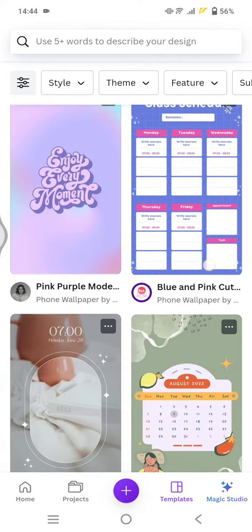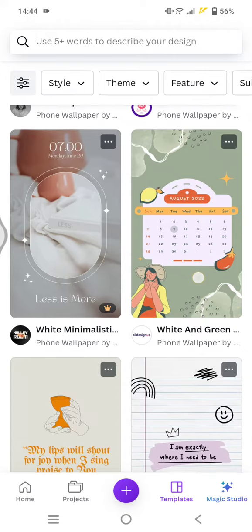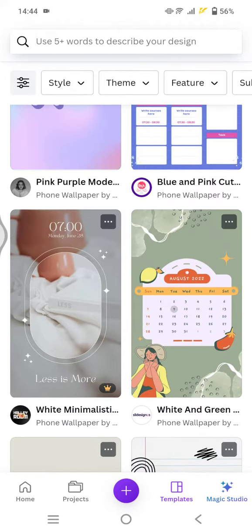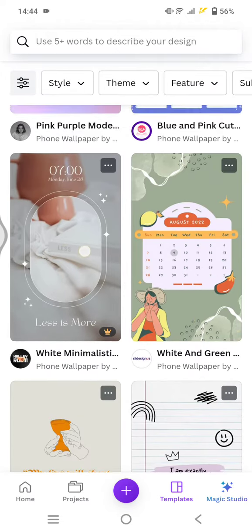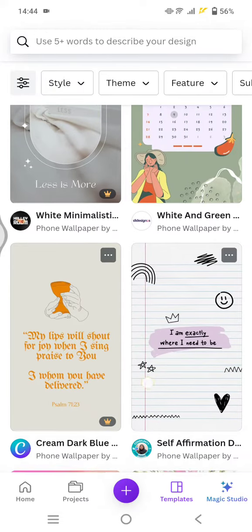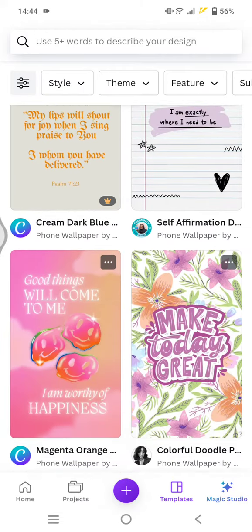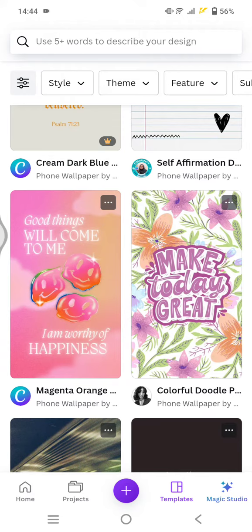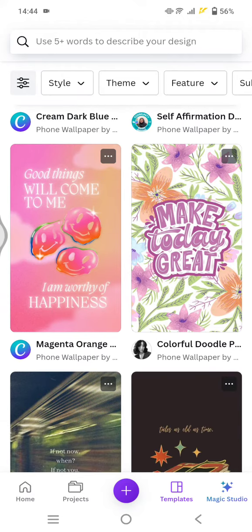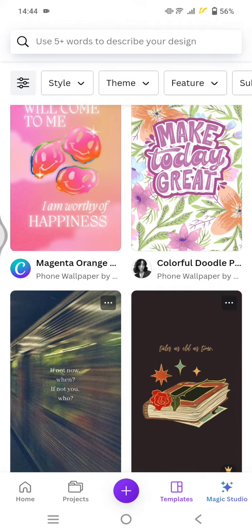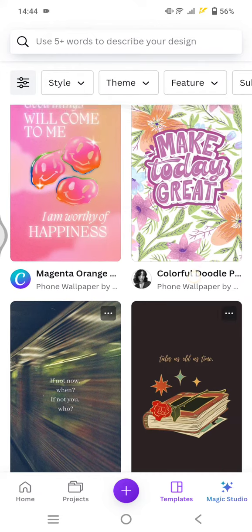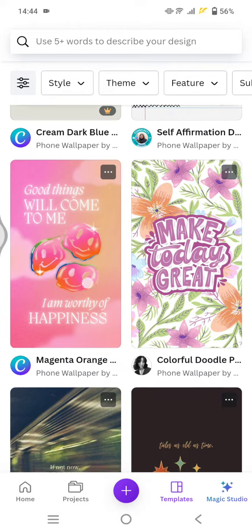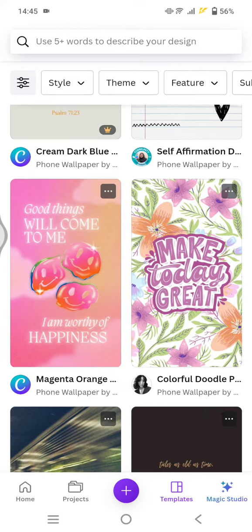So for example, there are a calendar wallpaper like here. There is a photo or quotes like this, so you can just choose which one that you think fits your style the best. So I'm going to just select the quotes wallpaper. For example, this one, I like this one, so click on the wallpaper, and after that,